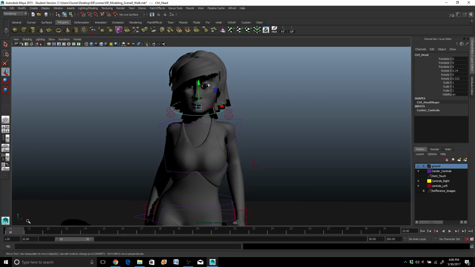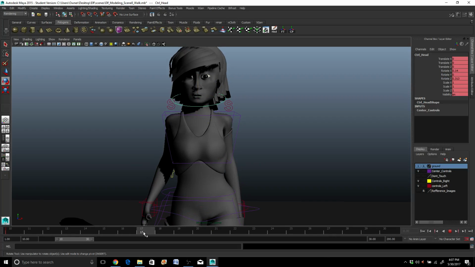So we'll add a keyframe, so she's already kind of facing that way, so let's do